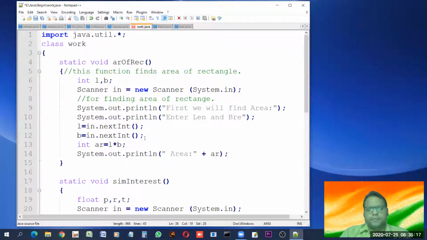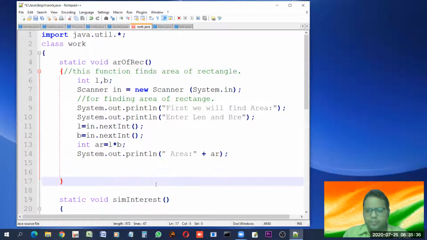I can show you one thing. Let us do one thing. Let us try to call the simple interest function in the area of rectangle. Is this possible? Let us try.